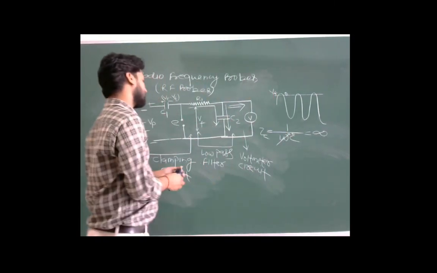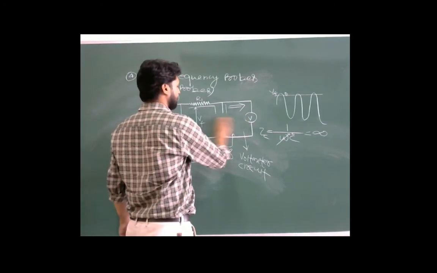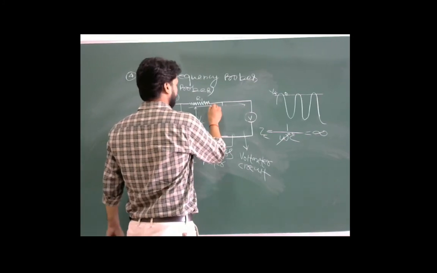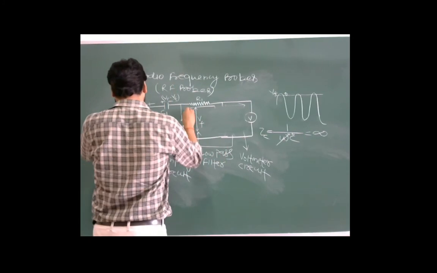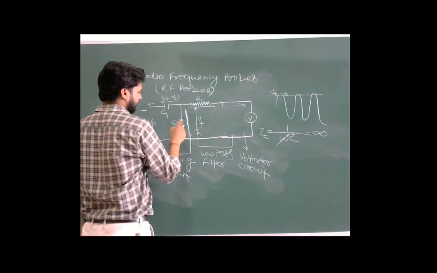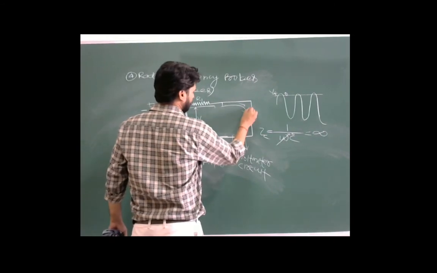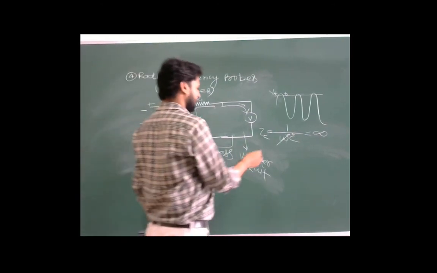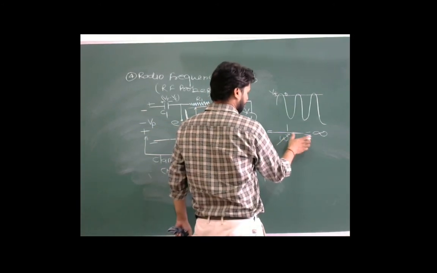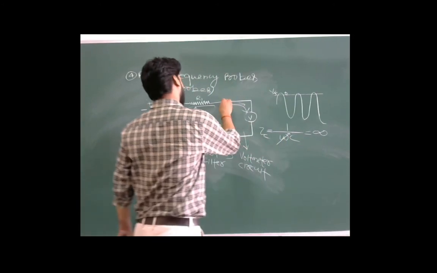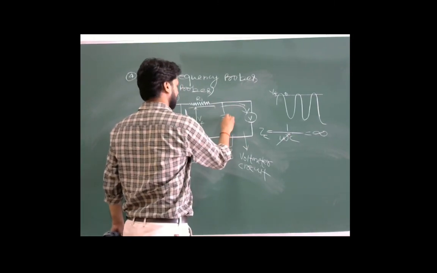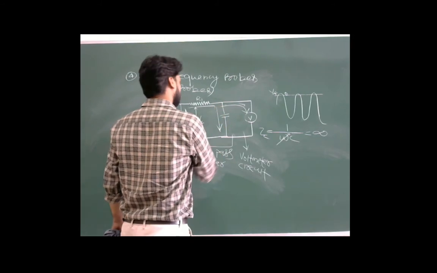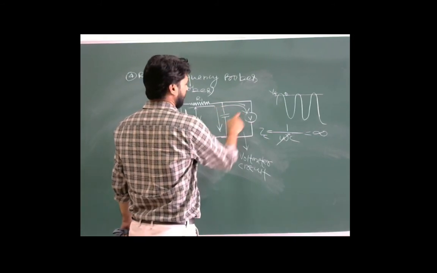And when the impedance is infinite, this will be open circuited for the DC signal, and if it is open circuited, the total voltage which appears here will be directly applied to this voltmeter if the given voltage is DC. If the voltage is AC, then it will have some finite frequency, and the capacitor will provide a path to the AC signals, and AC signals will flow through this path, and DC signals will go to the voltmeter circuit.